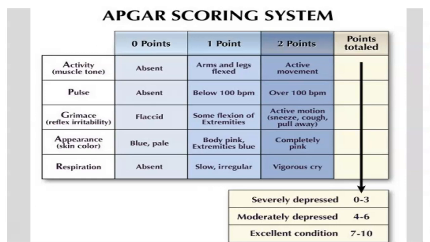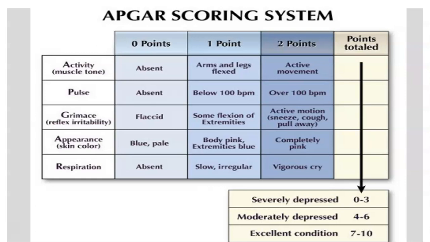When we're talking about the next characteristic of the baby, grimace in response to suctioning of the nares, they're not grimacing in relationship to just their environment. It requires stimulation to make them grimace in this case. It is some significant stimulation. In this case, they only get 1 point for grimace because they are requiring that stimulation to make them agitated.